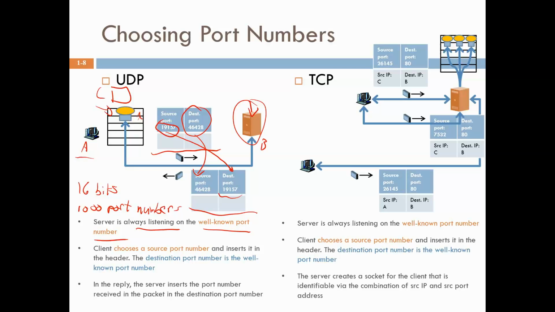Okay, so this is for UDP. TCP is a little bit different. Because TCP is connection oriented, this phrase connection oriented means that there is actually a logical connection between the client and the server. And what we mean by a logical connection is that the client and the server will actually save some information